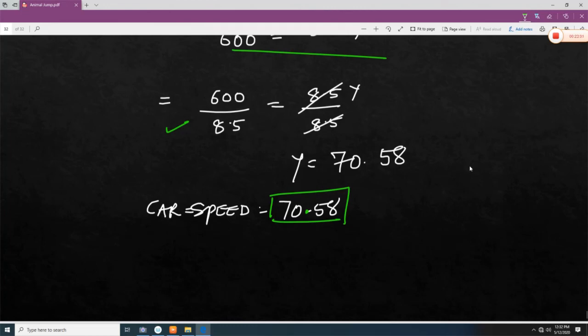So as said, there are many examples. You can even create your own example by looking at the regular data, like when you are traveling from one point to another point in a certain period of time, and then you can put that information in the form of a question and use this concept and solve the answer. So that is the only way out.